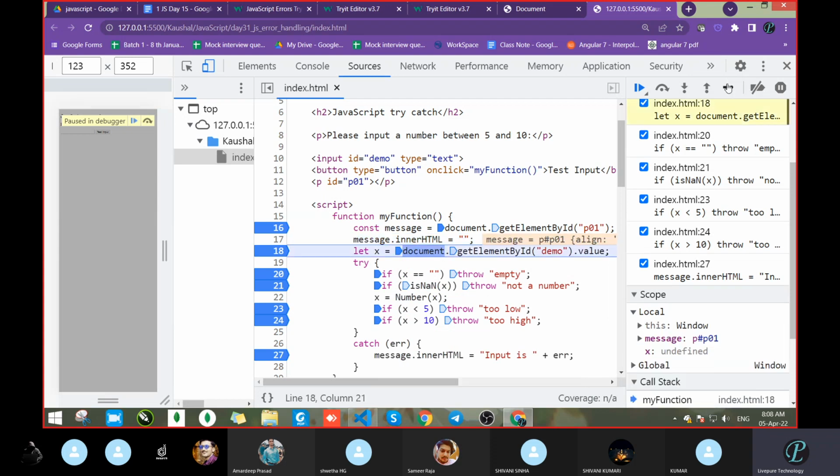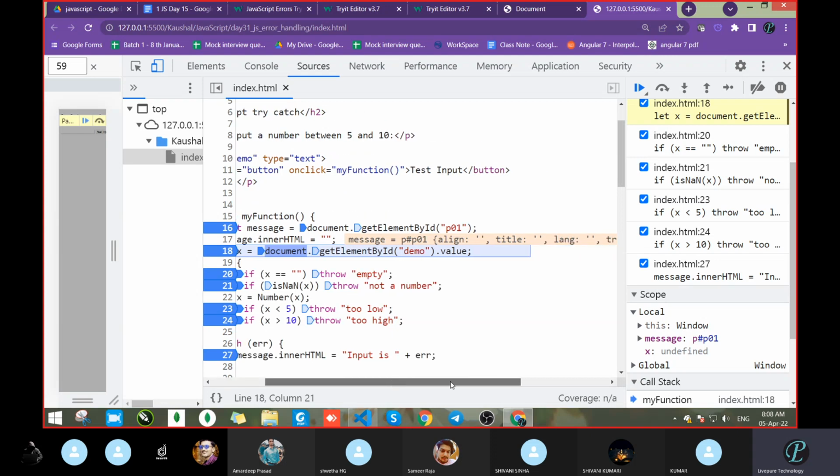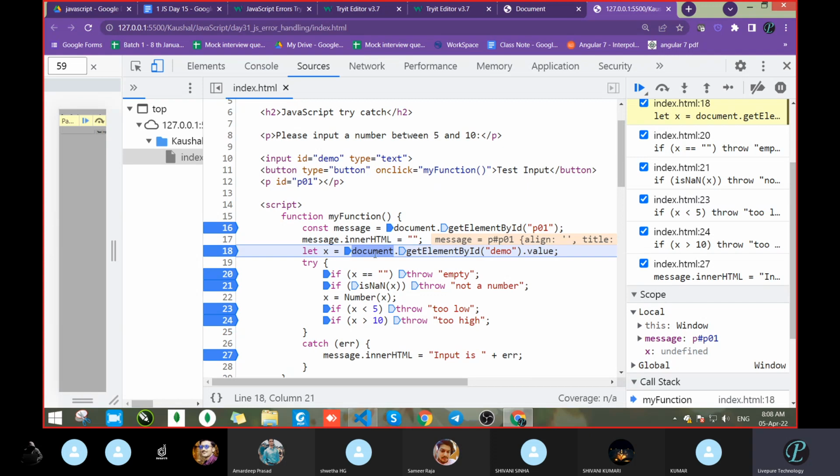Fine. Go with the next. It makes the input field empty. Inner HTML equal to empty. What message is there? Alignment, title, lang, translate, direction. Many things are there in inner HTML.